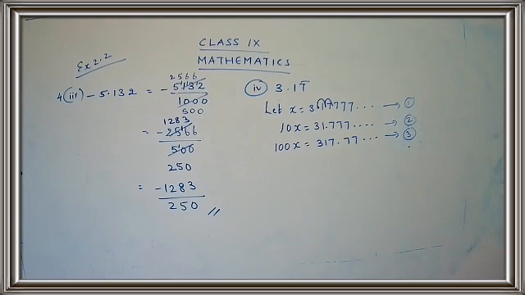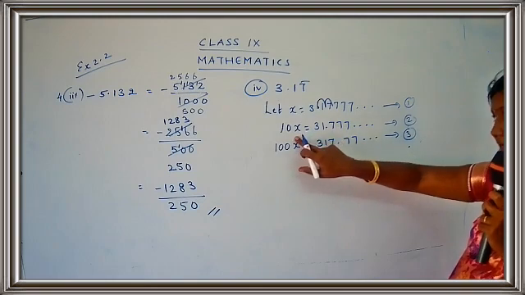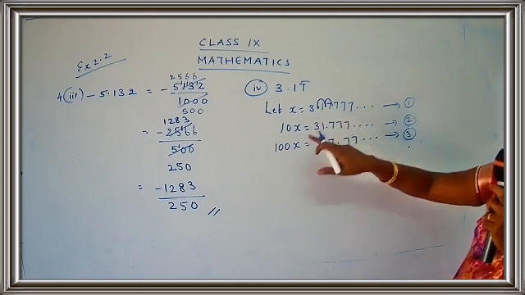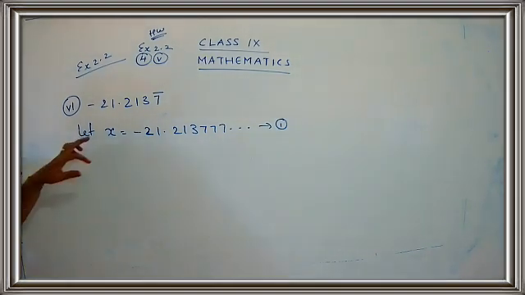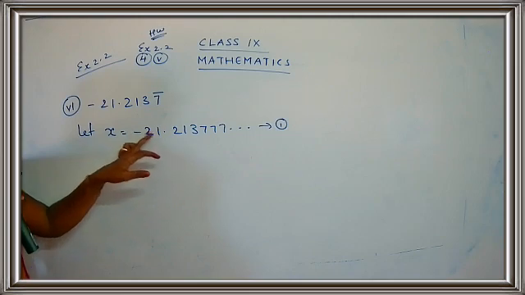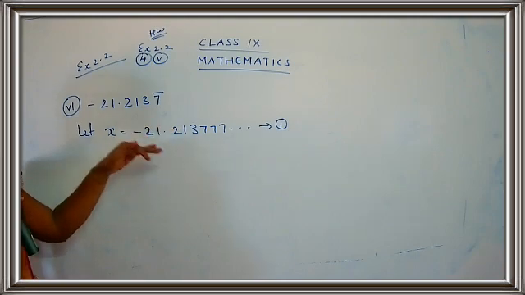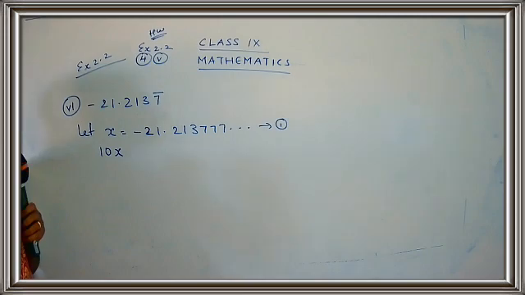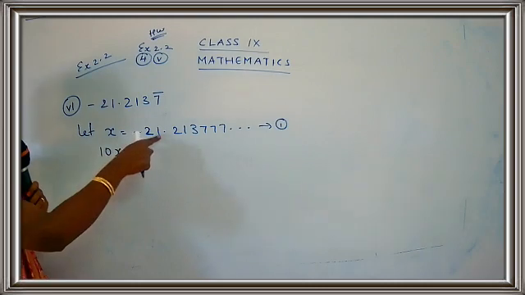Getting the point. So first it was 3.17. Then I multiplied by 10. When I multiply by 10, the point shifts to the right by 1 place. Okay, so what have we done here? We have taken the value for x minus. You know how to take down this step. Yes, children? Now let's go for the next one. It's 10x. What is the meaning of 10x? You're going to multiply by 10. So when you multiply x by 10, you have to multiply this number also.